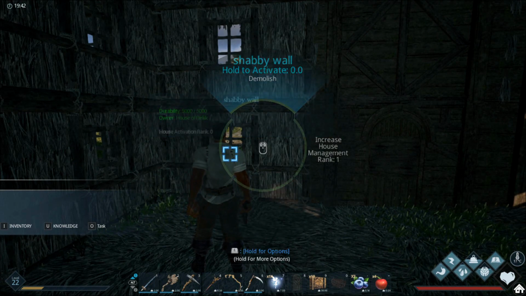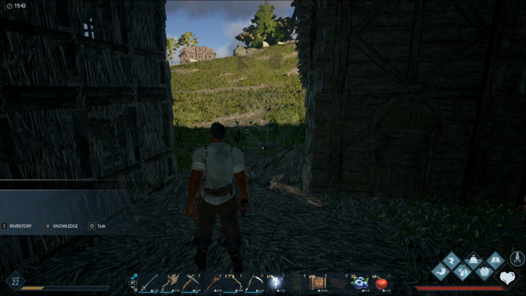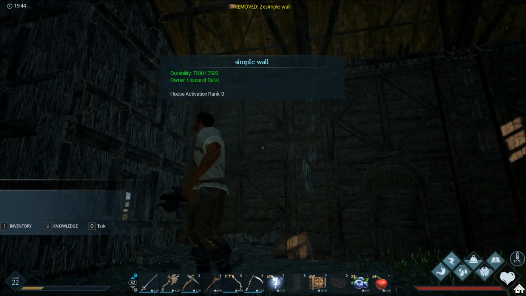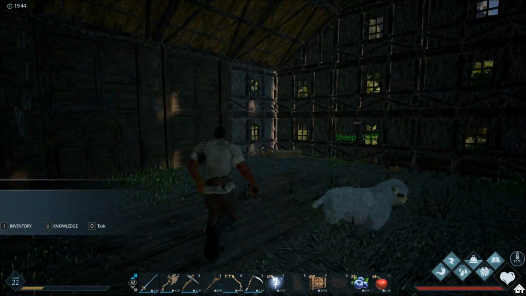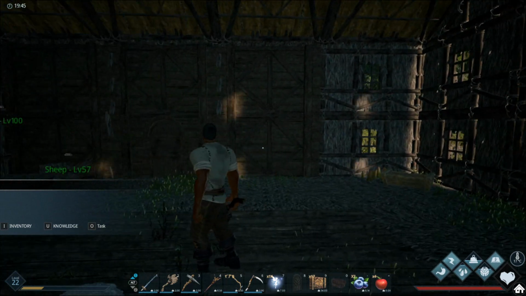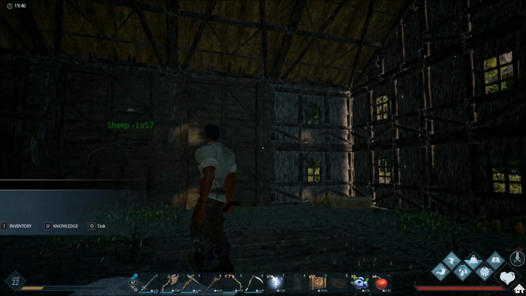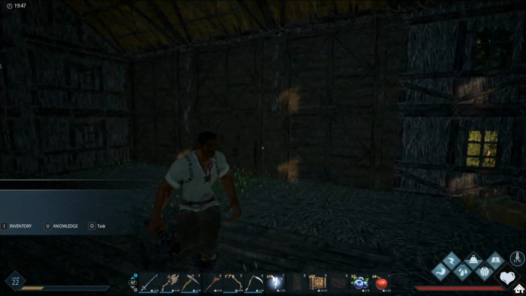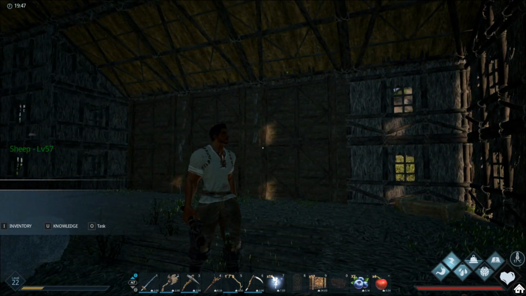Let's get rid of that as well. It's a shame that you can't pick these items up rather than having to demolish them, to be fair, but yeah, so that looks quite cool. The only thing is I kind of wish that I had done window frames on at least one of those, so I'm guessing I'm going to have to demolish some of those